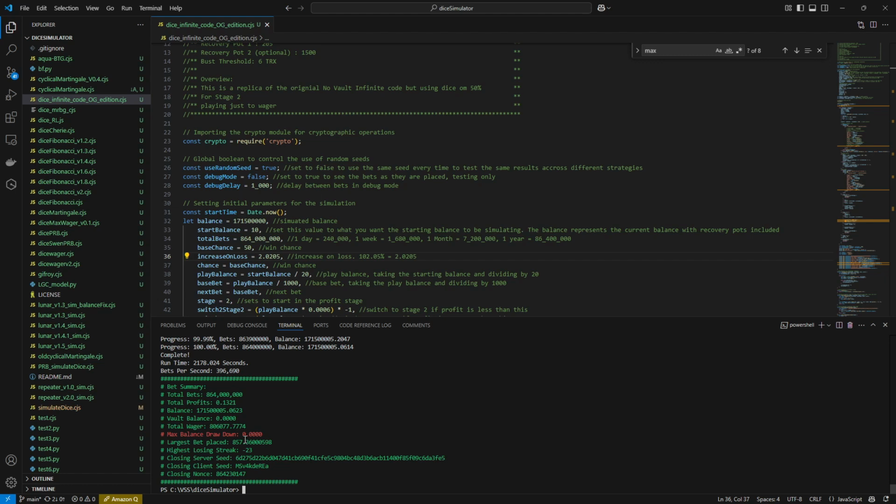Now, what that's telling me in some shape or form is that perhaps I'm being too cautious with this code, and maybe I could squeeze a bit more out of it. Maybe I could be able to get more wagering out of it. And again, offline, I won't do it on video now. I can play with this. I can test ideas out. For my own personal